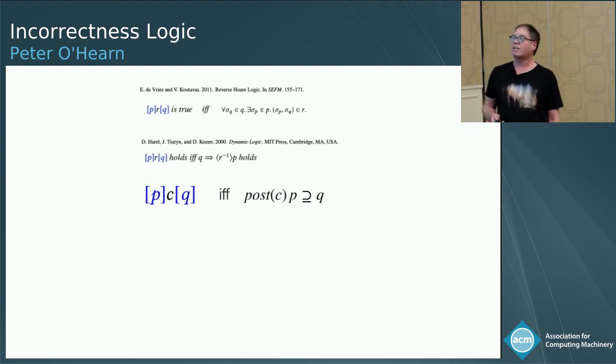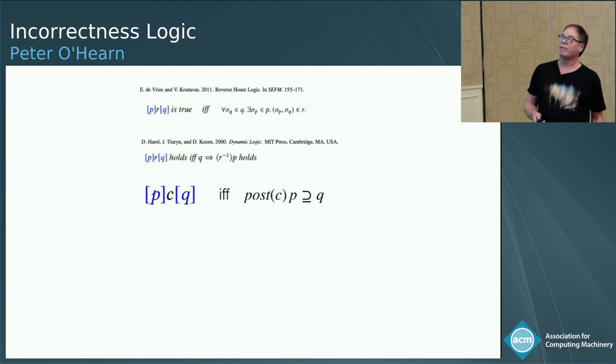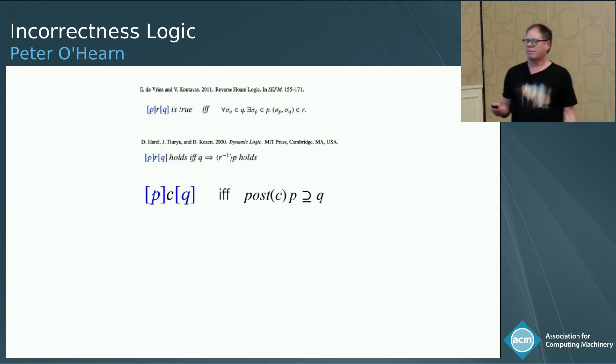There's some prior art. I should mention this nice paper by De Vries and Koutavas, who study this notion using a different but equivalent definition. And you could have defined this in terms of dynamic logic in the 1970s. You could have defined this one second after Hoare's logic just by doing that, like I just did. But the question is,